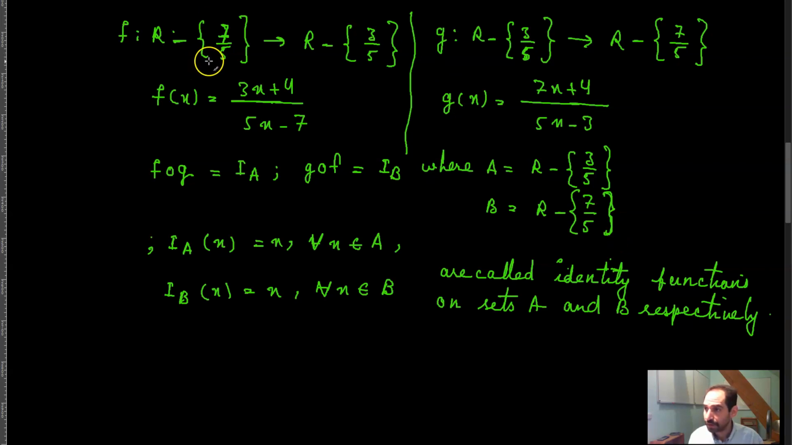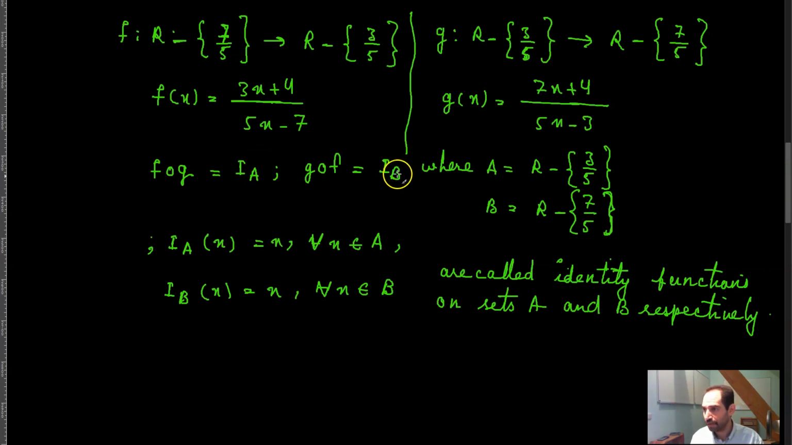So basically the question is that you want to show that if f is a function from R minus 7/5 to R minus 3/5, which is defined by f of x is equal to (3x plus 4) over (5x minus 7), and if g is a function from R minus 3/5 to R minus 7/5 defined by g of x is equal to (7x plus 4) over (5x minus 3), then fog is equal to I of A,